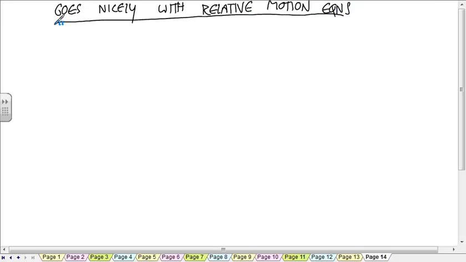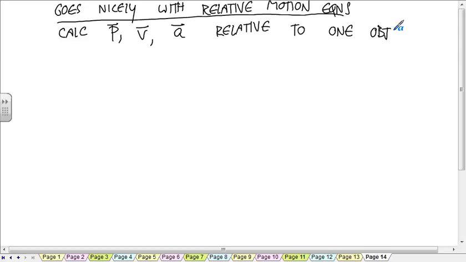So the relative motion equations say that if you calculate the position, velocity, and acceleration relative to one object, let's call it A,